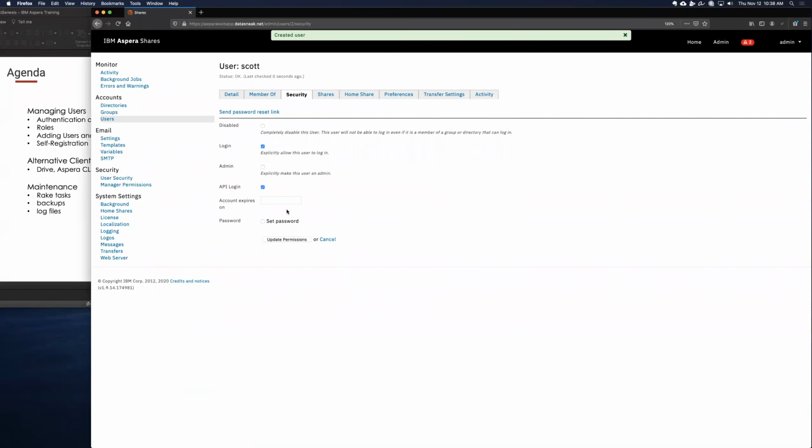Now, for a lot of organizations, this is really all you need, right? You can create a number of users locally just within Aspera Shares. As you can see, once I've created Scott's user account, there are some specific options here. There is an option to disable users without deleting them. So this is useful for folks that maybe come on and come off for projects, allowing them to log in,